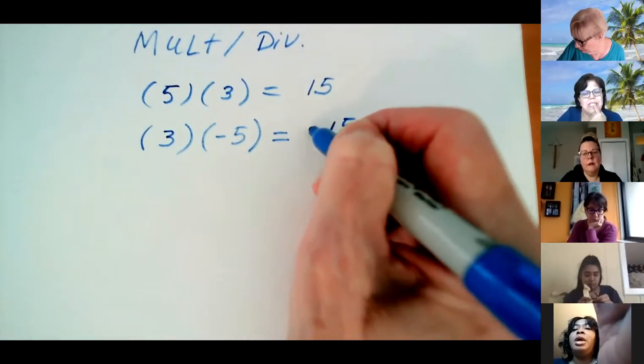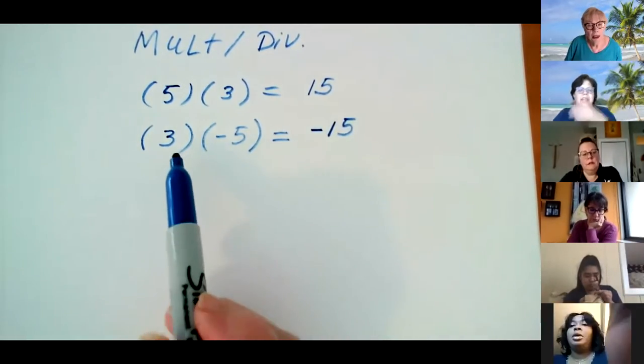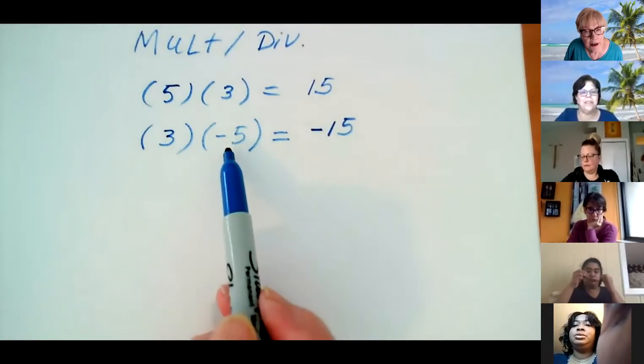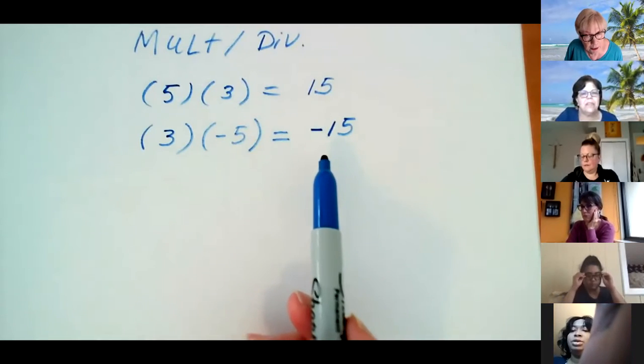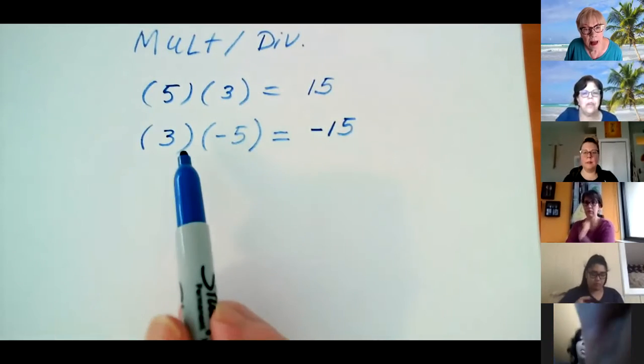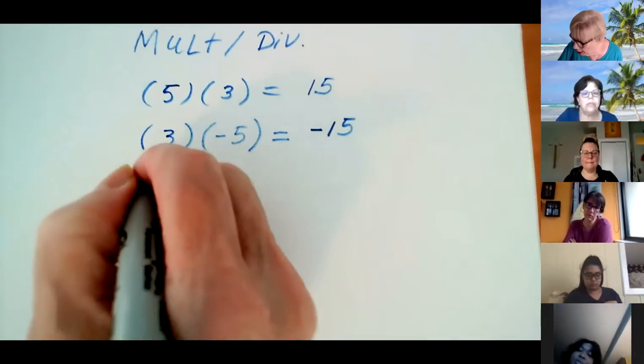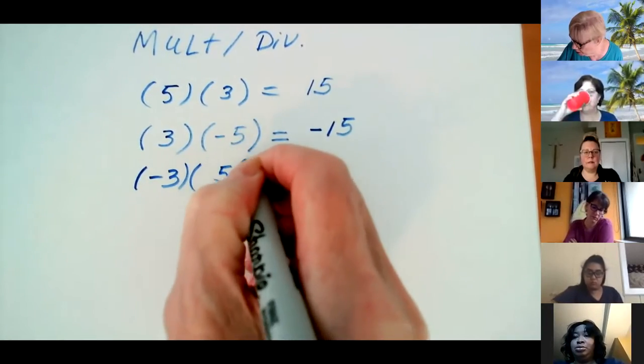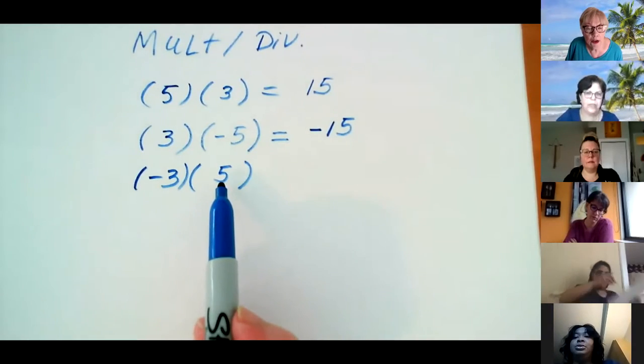It would go down. Okay. Oh, so negative. Yeah, that's what I meant. Okay, I know that's what you meant. So 3 times negative 5 is negative 15. And it wouldn't matter if the 3 was the negative and the 5 was the positive. This you could assume is